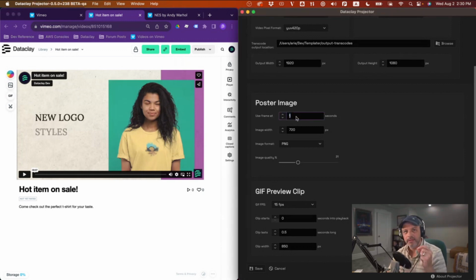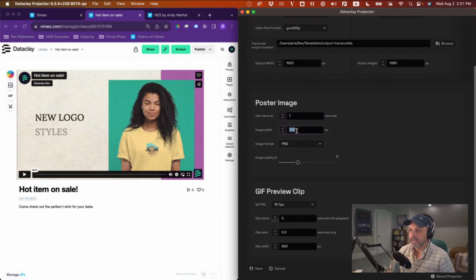So during the transcode phase, the PNG is extracted, and then Projector uses that PNG and tells Vimeo, use this PNG for the thumbnail, which is very important. The reason it's important is because when you're doing personalized communication, the thumbnail becomes very critical to the success of the open rate. So if you have a dynamic frame with somebody's name, or you have sports scores and you want to show those scores before somebody hits play or before auto playback even happens, then your poster frame becomes very, very critical.